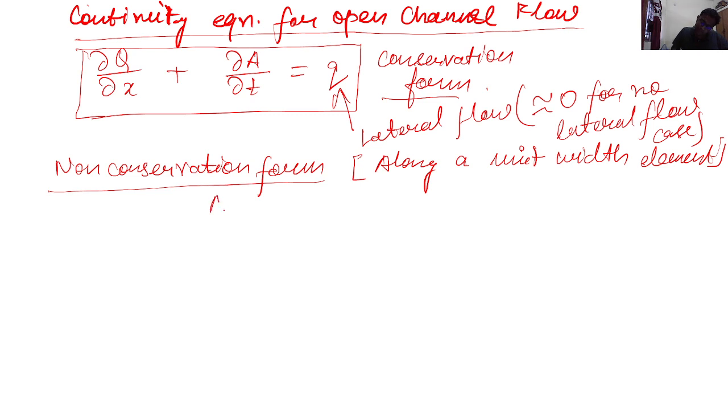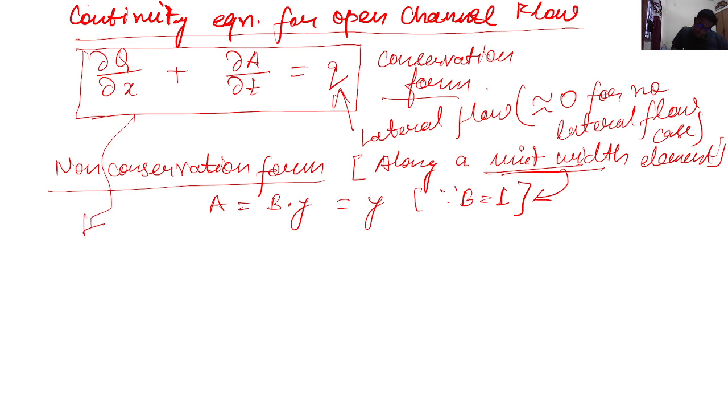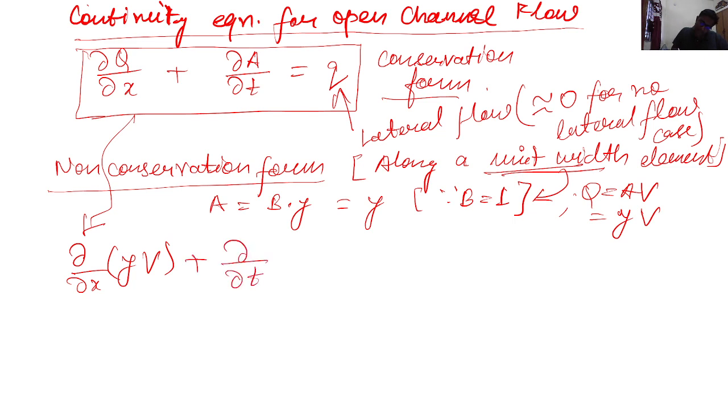So since it's a unit width, the area which was actually b times y, or the top width times y, becomes y, since b was equal to 1, it's unit width. So let us just put it into this expression. So del by del x of Q would be nothing but A times V, and A here is equal to y times V. So this would become del by del x of y times V plus del by del t of A. A is equal to y